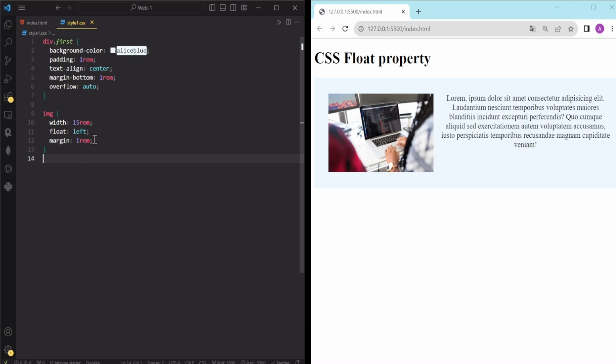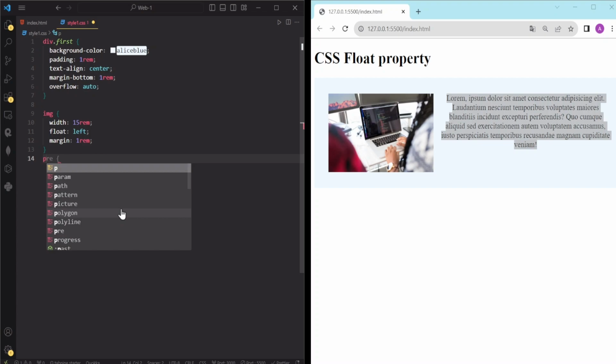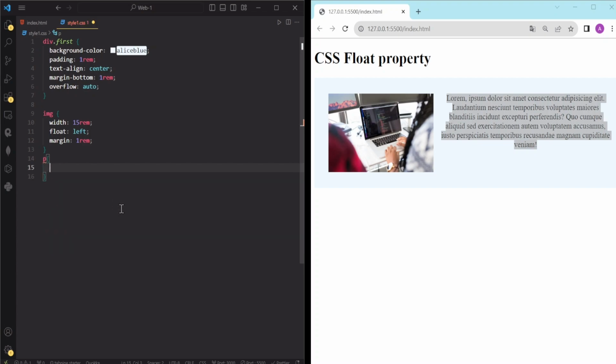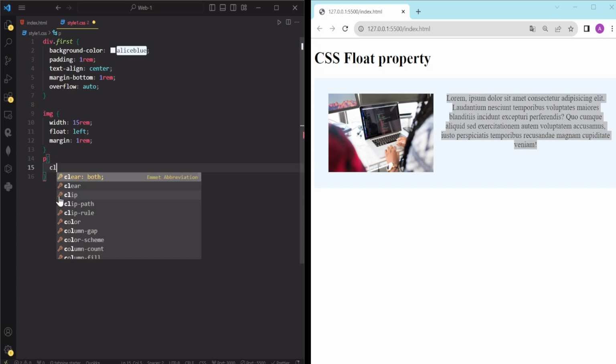Now after float, we have another property which is the clear property, and this property helps us to control how elements interact with floated elements. And here, if we don't want this image to float to the left side of this paragraph, we can simply use the clear property on this paragraph, and let me show you how we can do that. We can do this by simply selecting this paragraph element, and then here the image is on the left side. So we need to use the clear left property